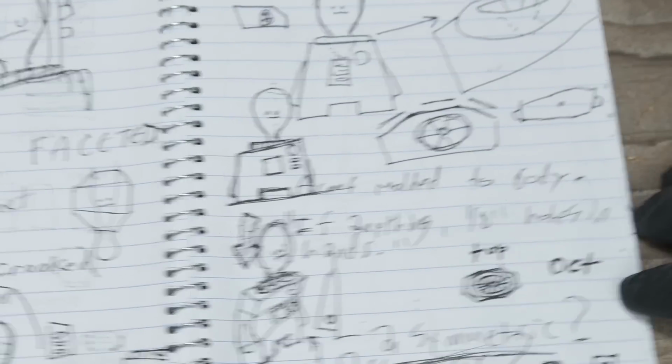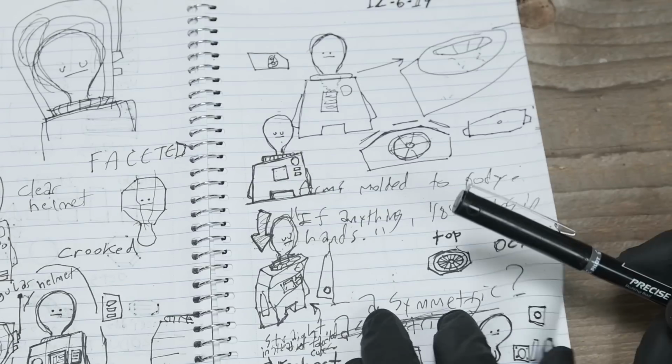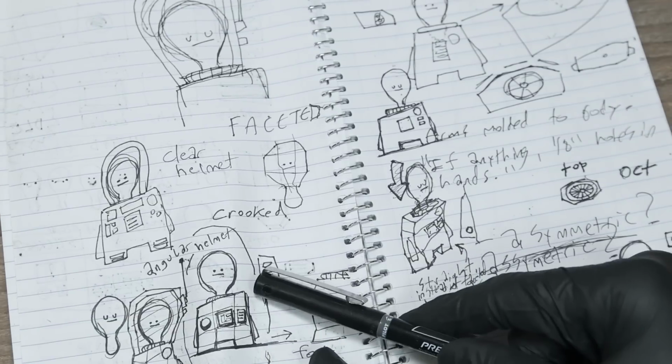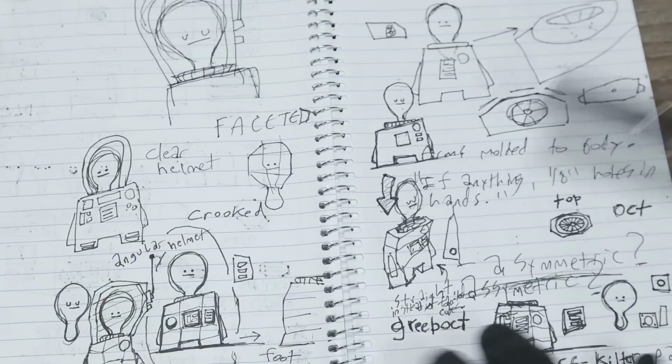And by the way, I have a tendency to draw things on the right side of the paper instead of going just straight on over, which I will do. I would just flip right back down and draw on the back side of this paper, you know what I'm saying? And so anyway,